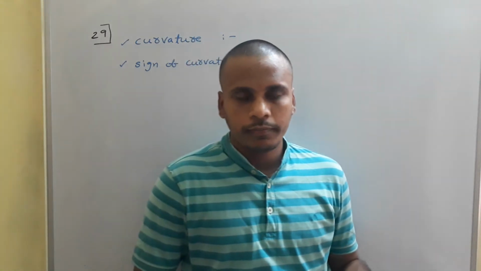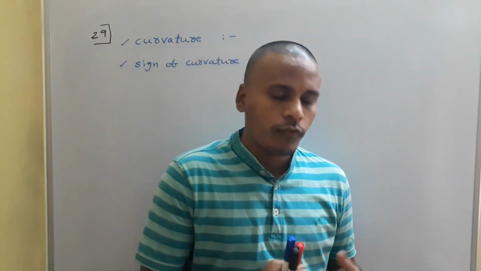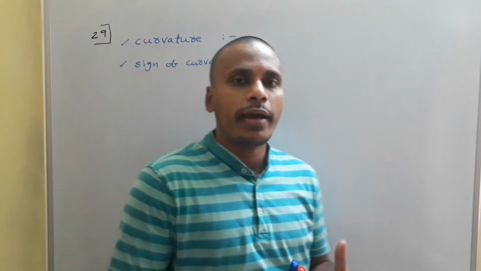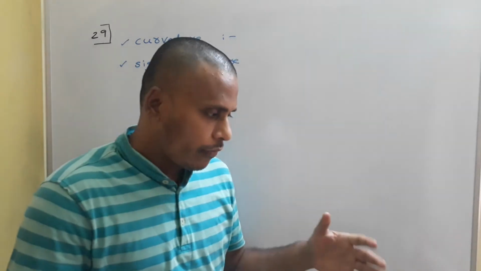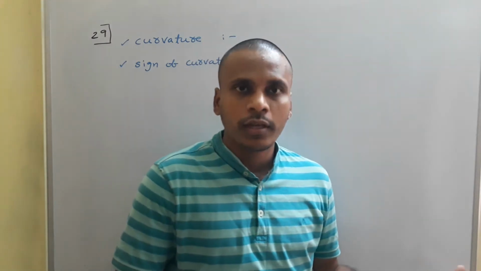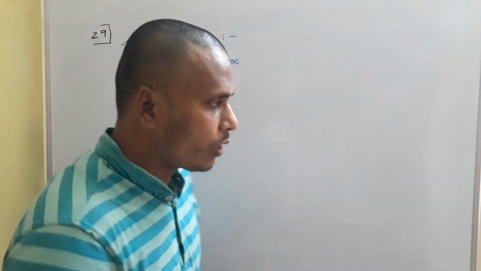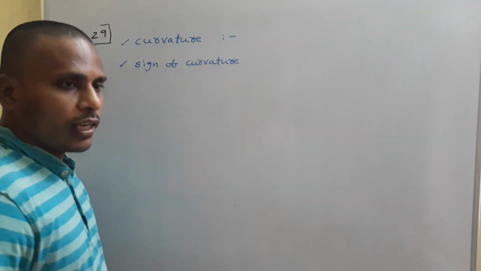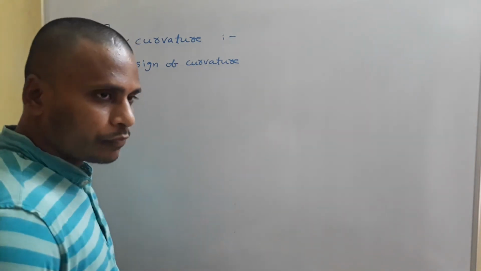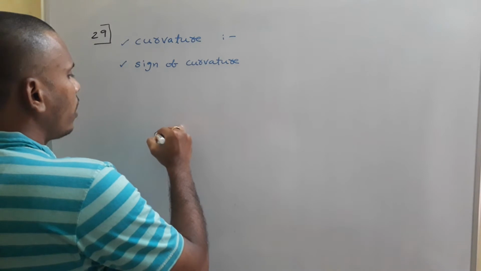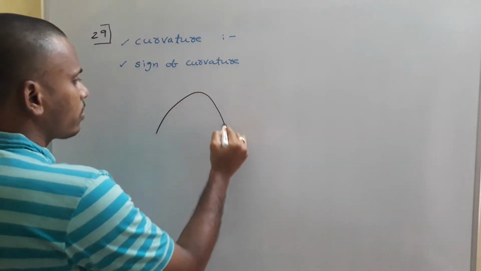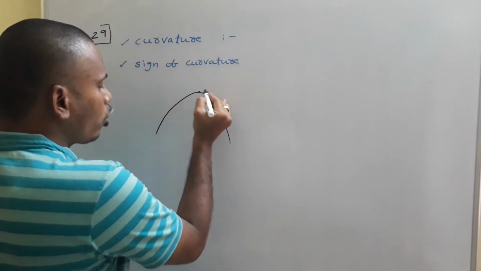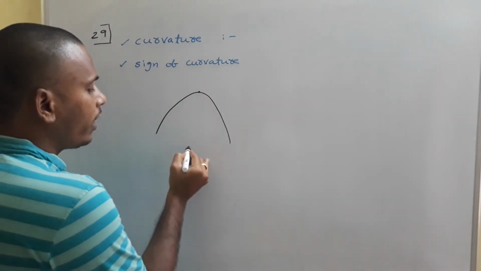Maxima and minima, and to confirm the maxima points and minima points and to find maxima value and minima value, we have different derivative tests: second derivative test, nth derivative test. Okay, from the discussion one thing is very clear. What is that? If we have a graph like this with an upper peak, at this particular point derivative is